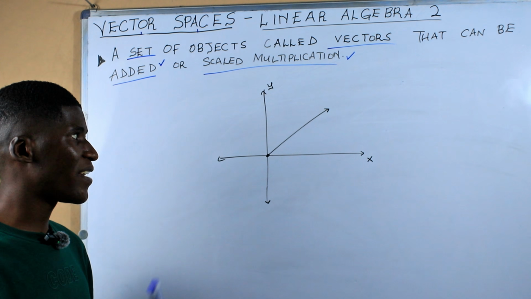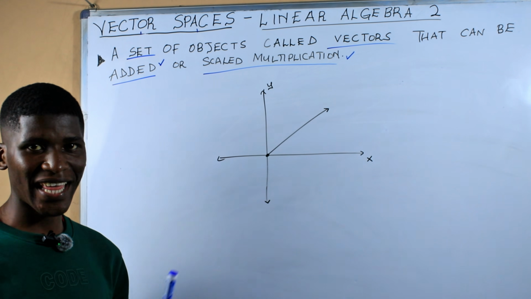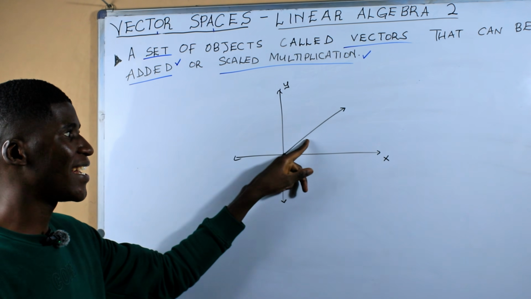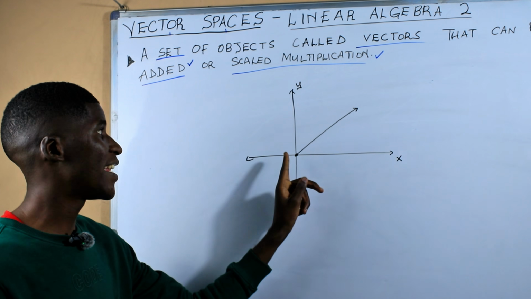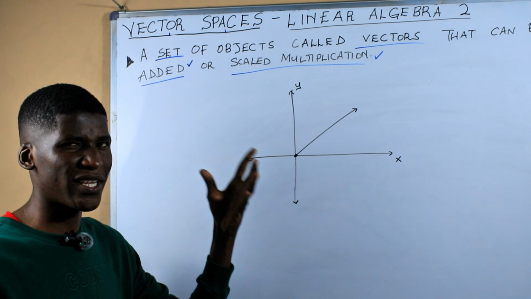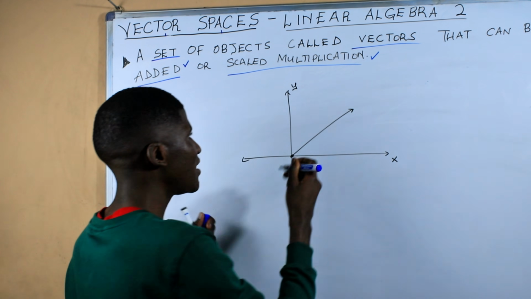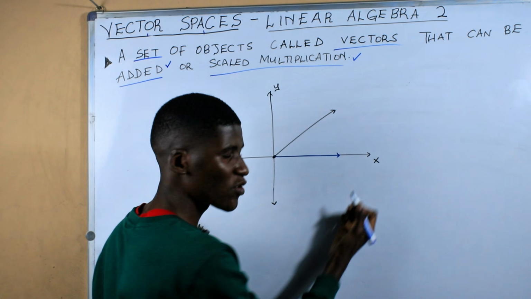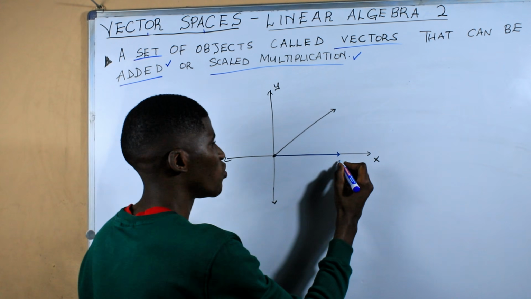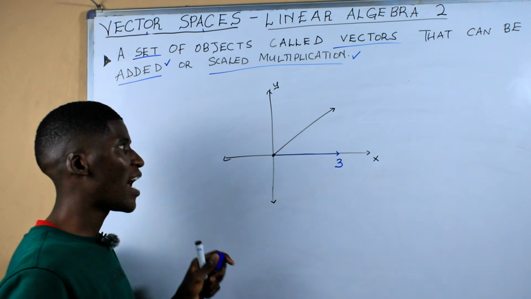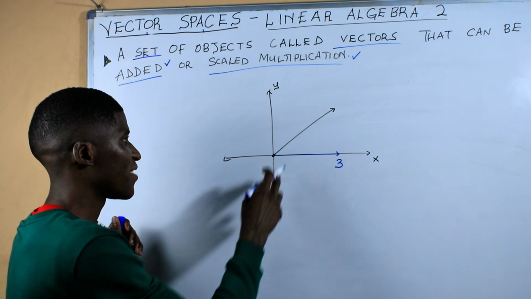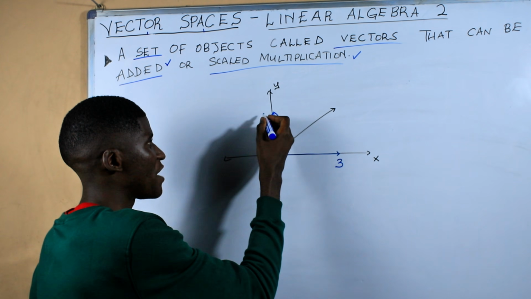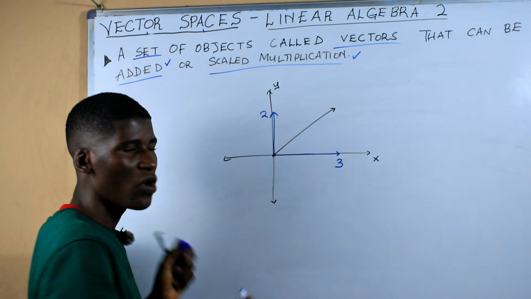So basically this vector, I'm going to label it or describe it by using its components, because you can see that this vector here has a component along the x-axis and a component along the y-axis, as you already know vectors, of course. So the component along the x-axis stems from here at the origin to here. This is the x component. Let us just say that its magnitude is 3. And then now let's say that the y component of this vector is going to be from here to here, and this is going to be maybe of a magnitude 2, for example.